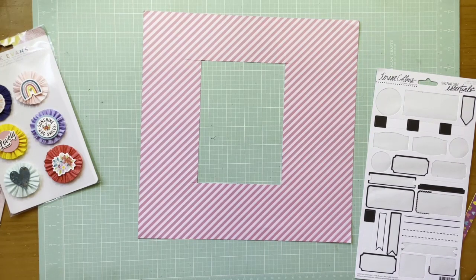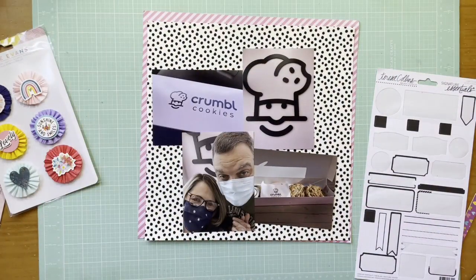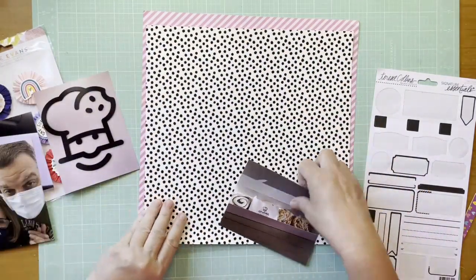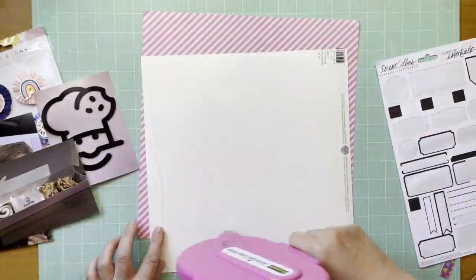So I had gutted this diagonal stripe ages ago and saved it because I could use it for a background. So that's what I'm going to do. That's Bella Boulevard Color Chaos, and it's the Peep Strands paper. And then because it's pink and black, I wanted to do something black and white, and I found